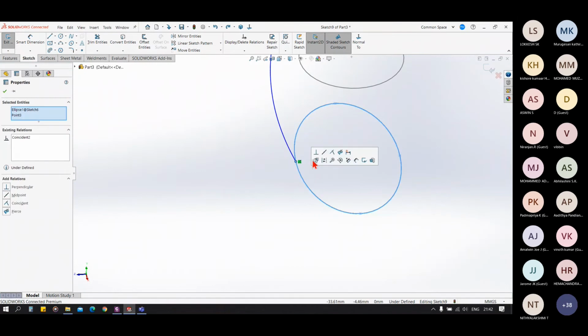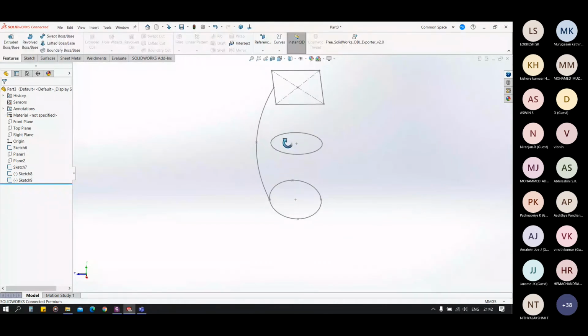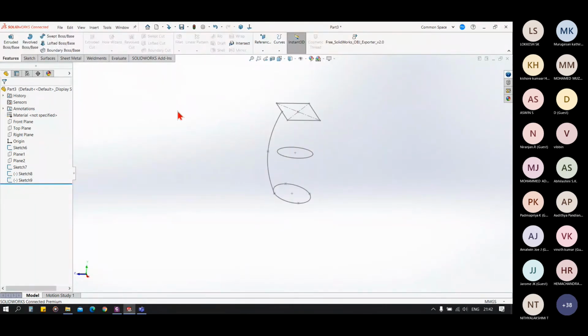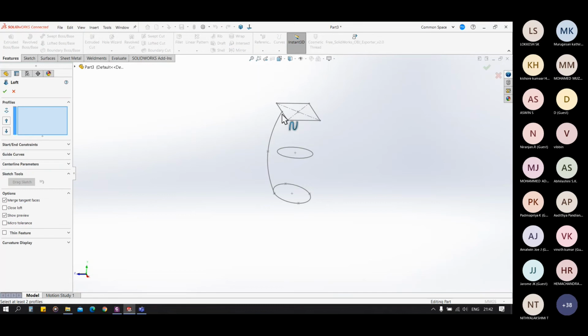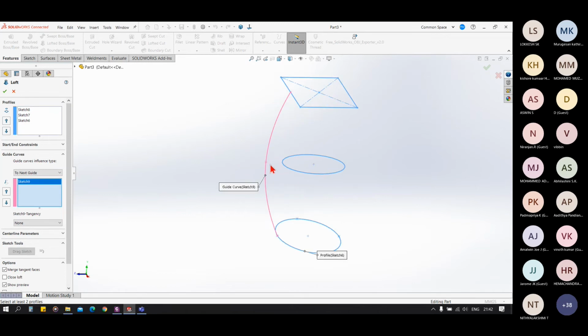Remember piercing in the guided curves and in the swept boss. So we are selecting the profiles one by one, and in the guide curves we will select this curve, but it will give an error because we didn't pierce it in our middle profile.